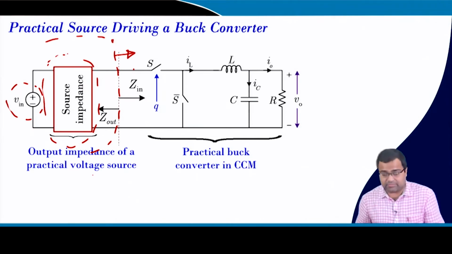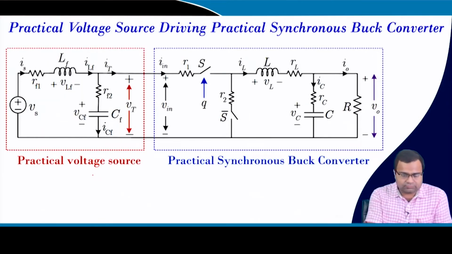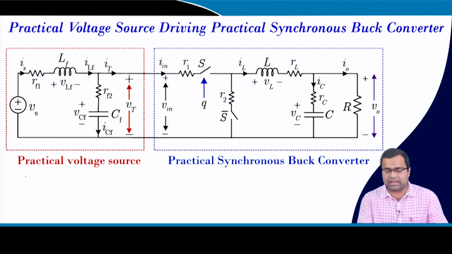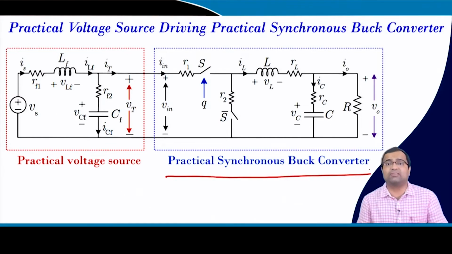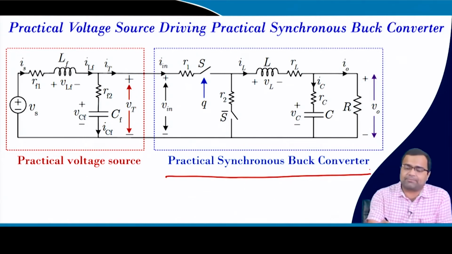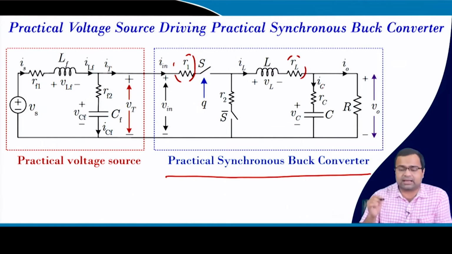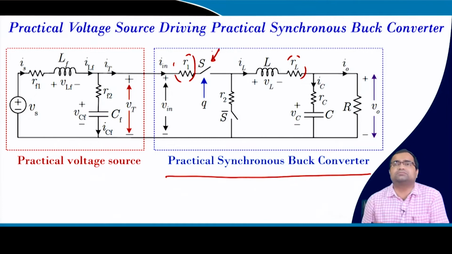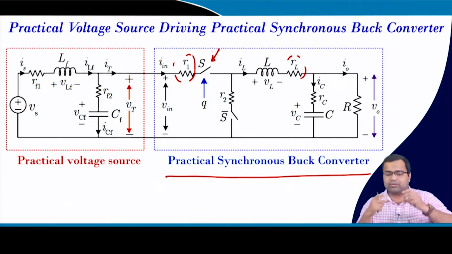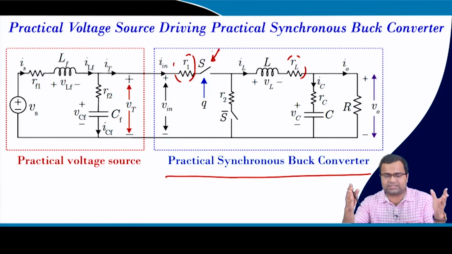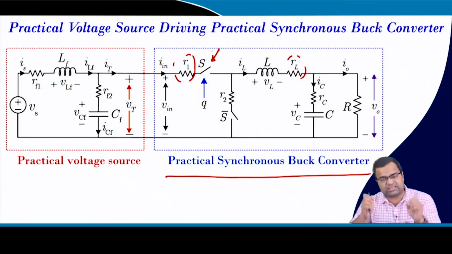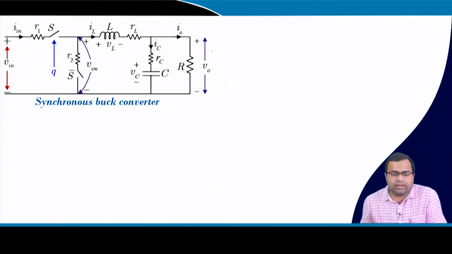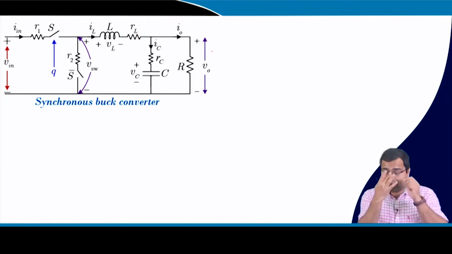That means the practical buck converter. Now, if you take a practical voltage source driving a synchronous buck converter, a practical buck converter, you see I have taken the parasitics of the switch, the parasitics of the inductor, the ESR, though we have not considered the switching capacitances like drain to source capacitance, those can be considered also, but their dynamics are even much faster. Okay. So, now how to build such a model like plug and play? The synchronous buck converter,